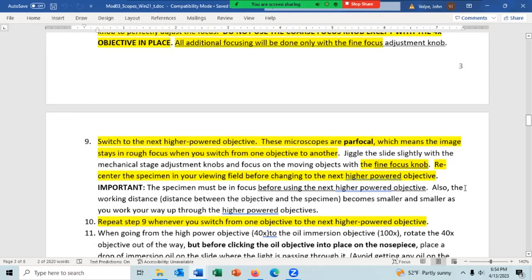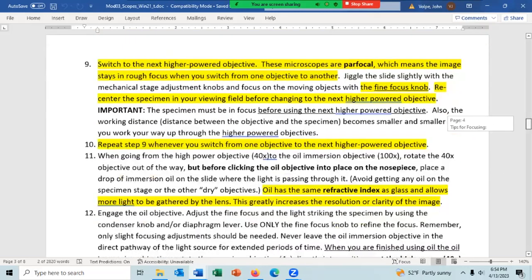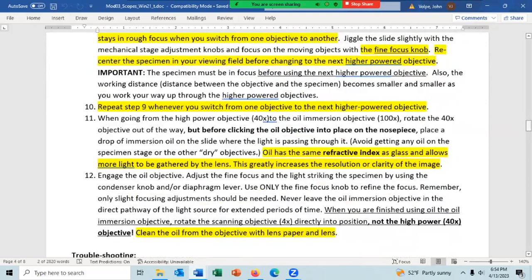When going from the 40x objective lens to the 100x objective lens, it needs special care because oil needs to be added. If you don't use oil with the 100x objective lens, the lens will not give you any better focusing or illumination or contrast than the 40x lens. So there's no reason to use the 100x lens unless you're adding oil, in which case you'll get